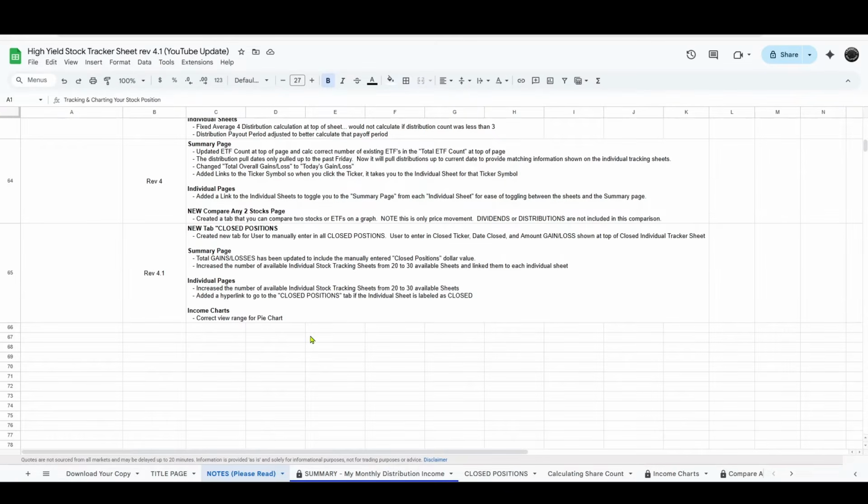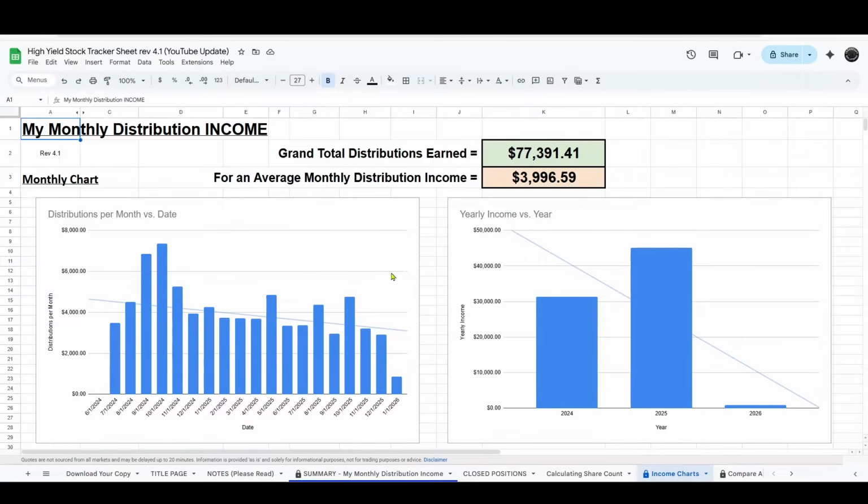And back to the notes section, just like I stated, I did extend from 20 to 30 individual stock tracker sheets. Then on each sheet, I added a hyperlink to take you right to that closed position if that individual sheet's status was changed to closed. And the last thing was a pie chart on the income charts, and it was just a correction of that range. If we look at that income charts, this is what I'm talking about here,